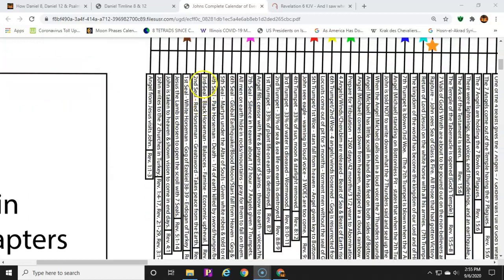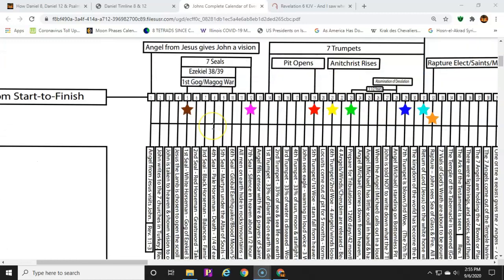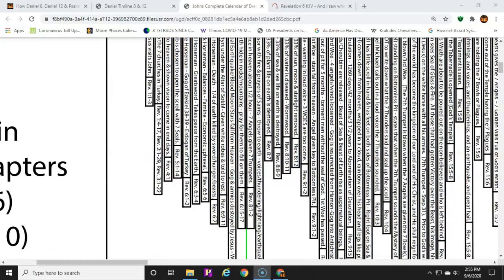So we see that 4th seal where we see the core of the world under duress. That's Daniel 8. You see the destruction of the Kurds, Iran. They go down through the Middle East. They end up in Egypt, go up into the Israel, end up between the 2 seas, go into Jerusalem, and then we start to see what happened. The 5th seal martyrs under the altar start to say, Lord, when are you going to take this destruction and all this blood from the saints and the martyrs and things and redeem us?